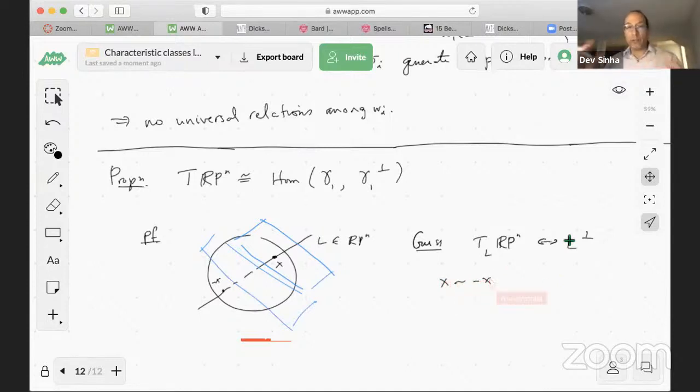We're trying to use the geometry in R^(n+1), not really RPn. So I have to keep track of those identifications. And the point is that those points would give me the same